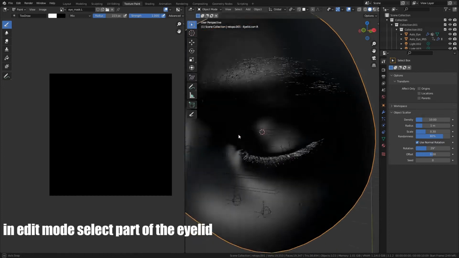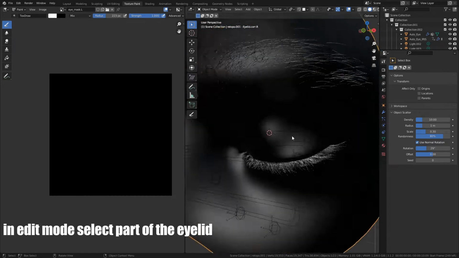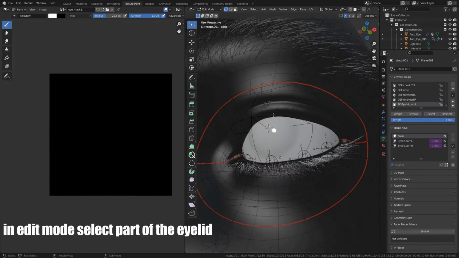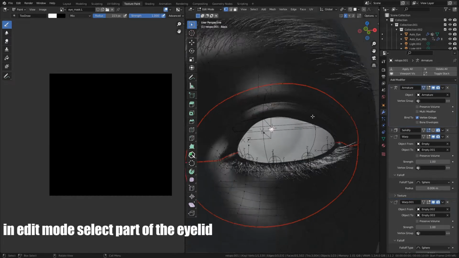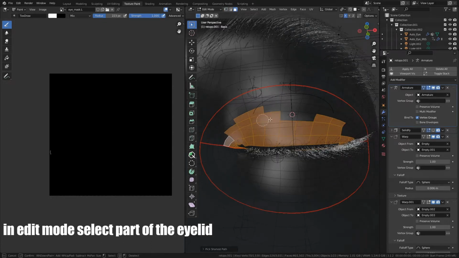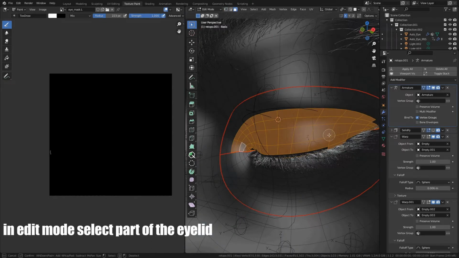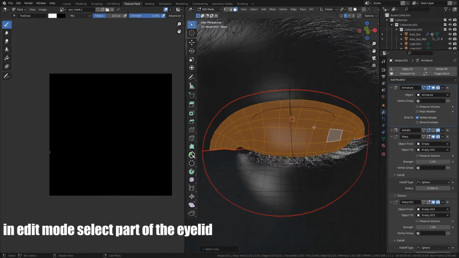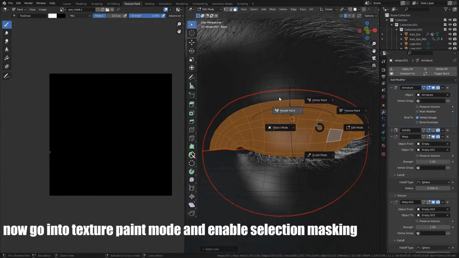In edit mode, select part of the eyelid. Now go into Texture Paint mode and enable Selection Masking.